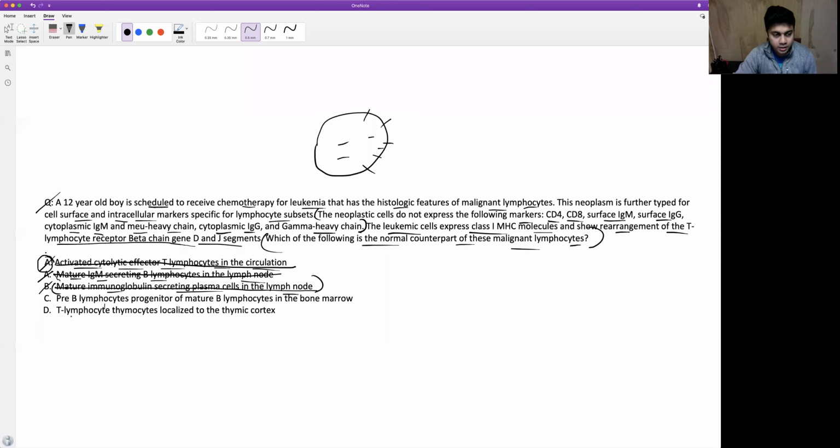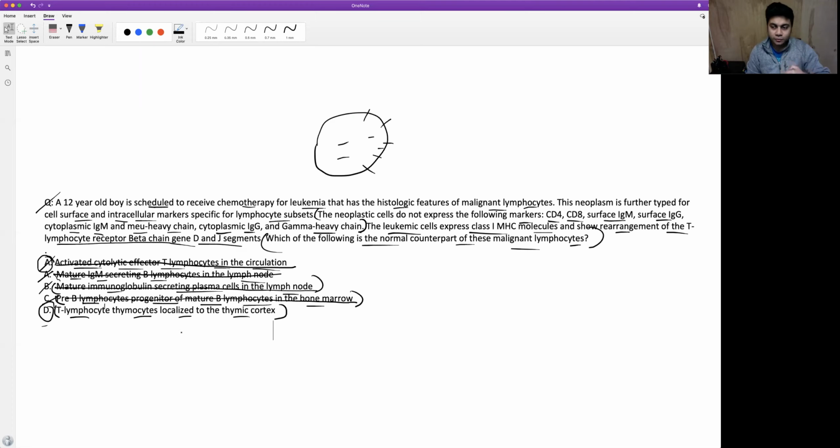All right. C, or you can say D, pre-B lymphocyte progenitor of mature B lymphocyte in the bone marrow. Nothing with the B lymphocyte. This is not a B lymphocyte for sure. That left you with this answer that you can pick, which says T lymphocyte thymocytes localized to thymic cortex. All right. So you can choose this answer by excluding the other options, or if you know it already, that